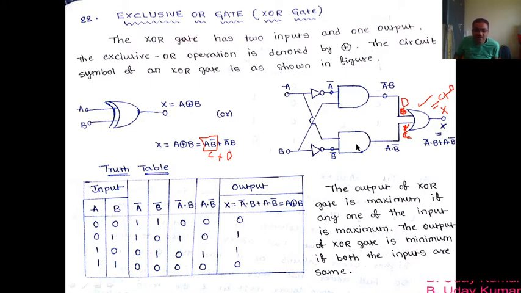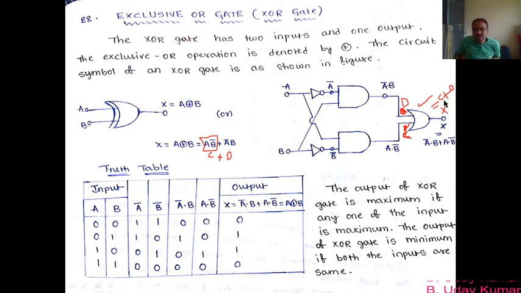Now you compare here. C is becoming A dot B bar. Can you see this one? This is A dot B bar now, and this is D. So this becomes A bar dot B. Now they are matching, right? Only for that reason I have changed C and D here. That's it.